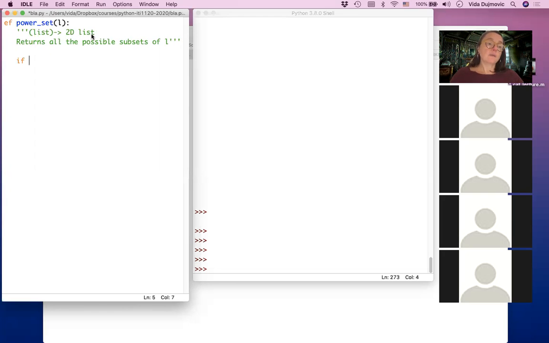So if the length of the list is 0, we just return, there's one possible subset. So we are returning a 2D list, and that only possible subset is an empty set that we represent as an empty list. So that's what we're returning. The only possible subset of that list is an empty set, represented here as an empty list. Okay. So that was question number 1. When do you know the answer immediately, when there's nothing to do but return the answer. All right. The second question is, how do you